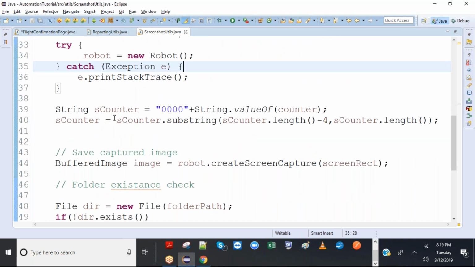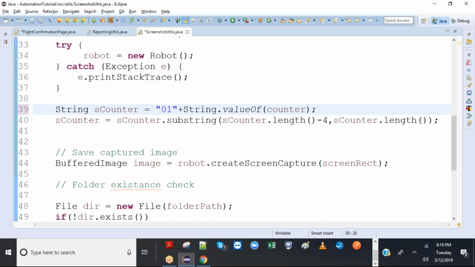So then I started a counter. So the counter is starting from 0000. That's my prefix, because there could be many thousand screenshots. It's not necessary. So if you want zero, the first screenshot will be named 001. So 000 will be the prefix. You can actually put 0.